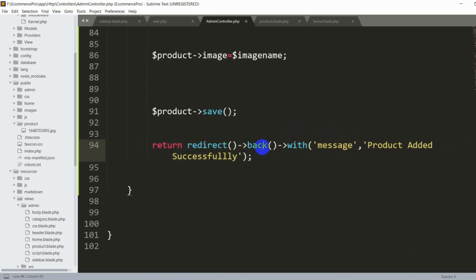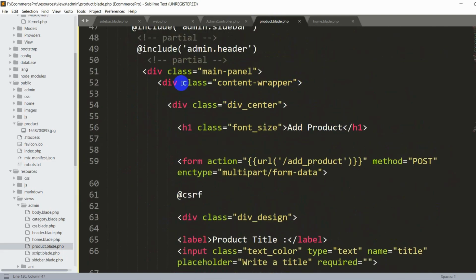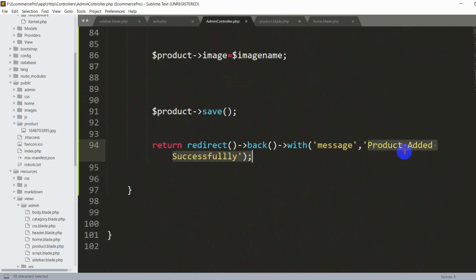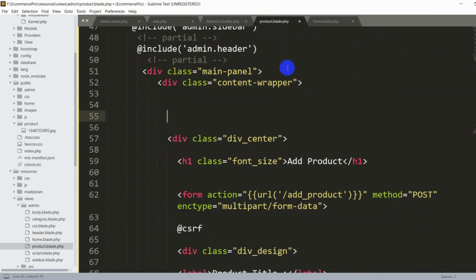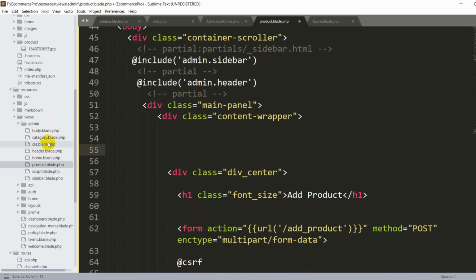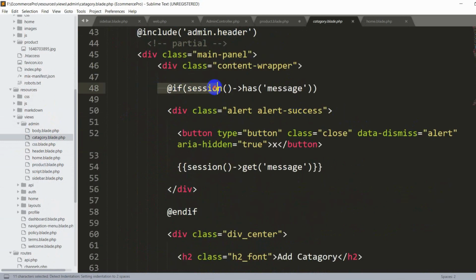So we'll send this message, return redirect back. Back means it will go back to our product page. So with this message, we'll go to our product.blade.php and we'll write a session after this content wrapper class so that we can catch this message, product added successfully. Now we already did this part in the previous tutorial, so I'm just going to copy that code from there. So we'll go to our category.blade.php, and over here you can see if session has message, then